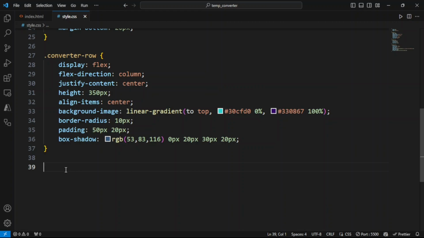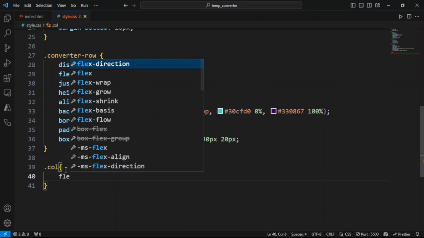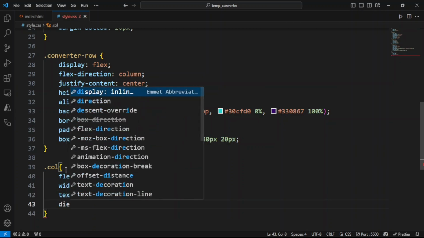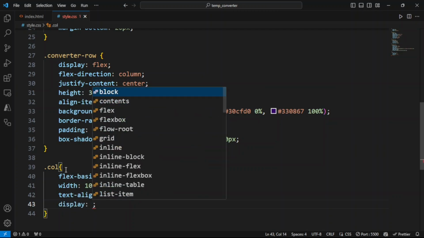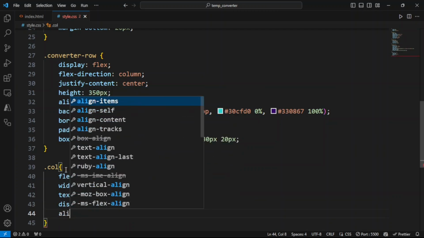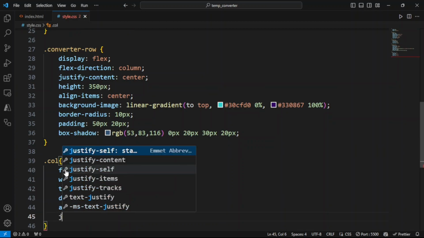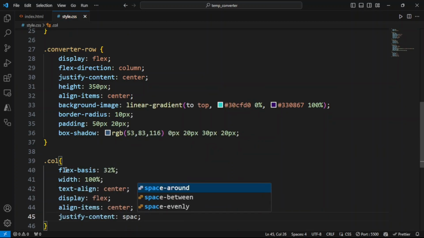Now we will give the styling to the individual columns. Flex basis as 32%. Then width we will give 100%, and text align center, display flex, align item as center, and justify content as space between. Okay,